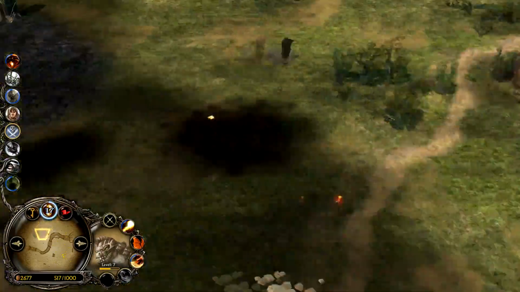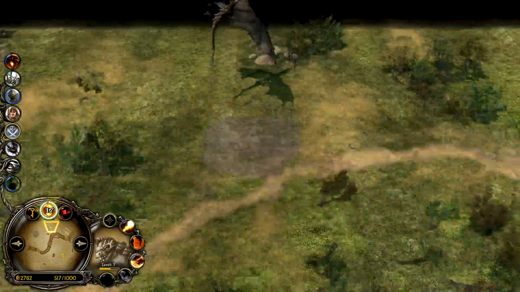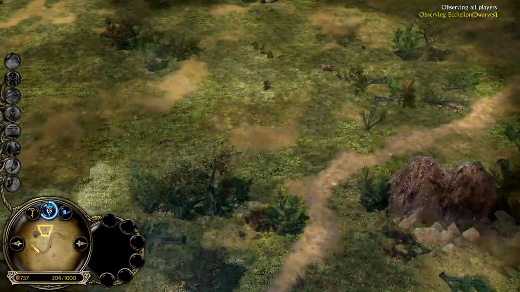Not killing him in the process, and this is it. Drogov may heal himself up also, but as we can see, Dwarf has got to do something. Dwarf got 1k command points and he's trying to rebuild the fortress, so this game is not yet over, but